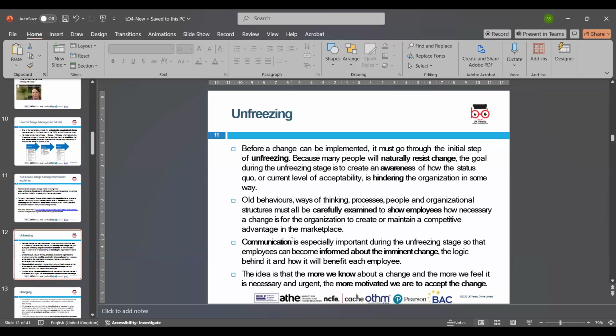And in this phase, you are going to communicate with your employees. You are going to show some evidence to your employees about why such changes are important. When you are showing evidence to your employees, it becomes easy for them to understand and very easy for them to accept that change. When you show something in solid form and evidence form, and why it is important for the company's performance to gain the competitive advantage,